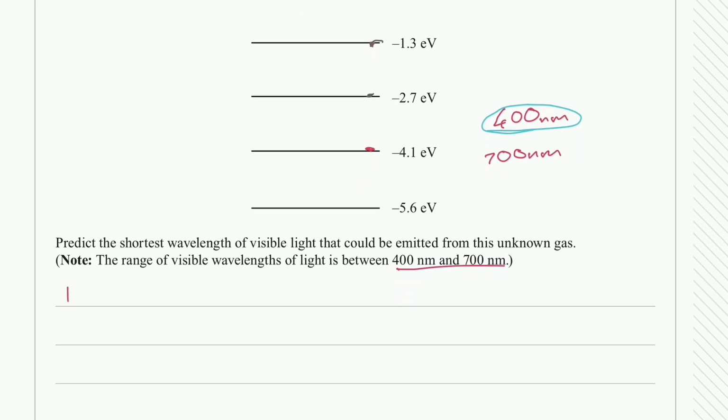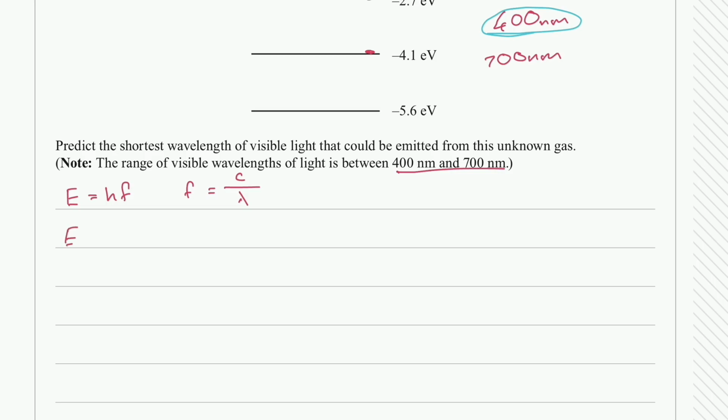So we know, going into our formula book, energy is equal to hf, Planck's constant multiplied by the frequency. We know that frequency is equal to the speed of light over its wavelength. So we can substitute that in, and E is equal to hc over the wavelength. Let's substitute the variables we know: h, Planck's constant, which is 6.628 × 10^-34, in brackets, then we have 3 × 10^8, the speed of light, over